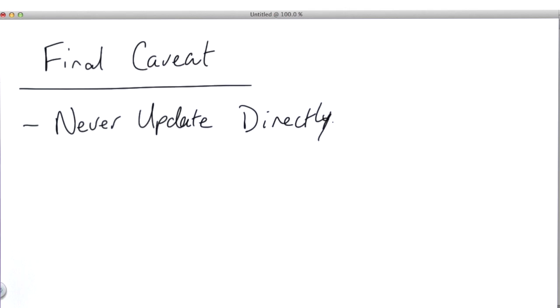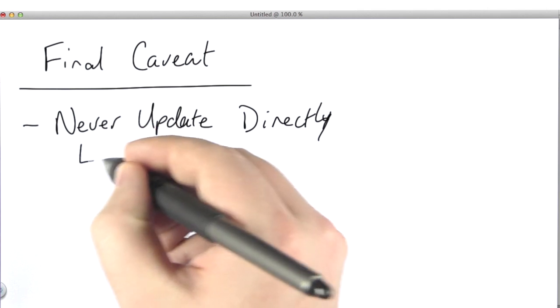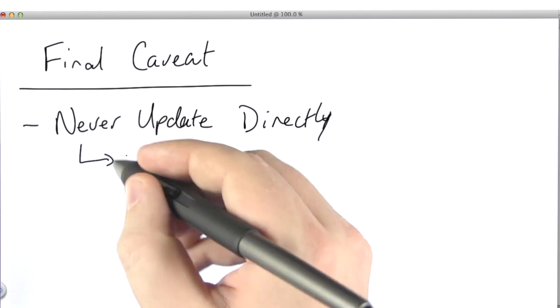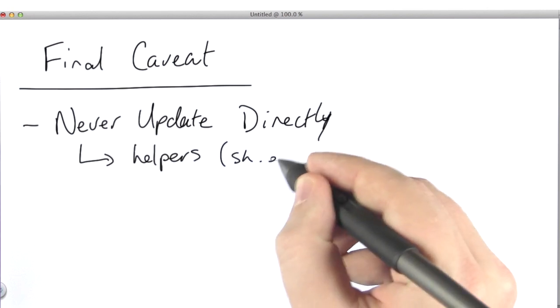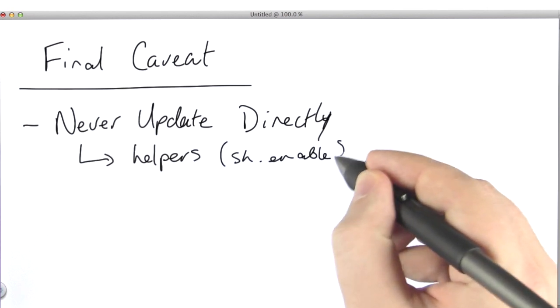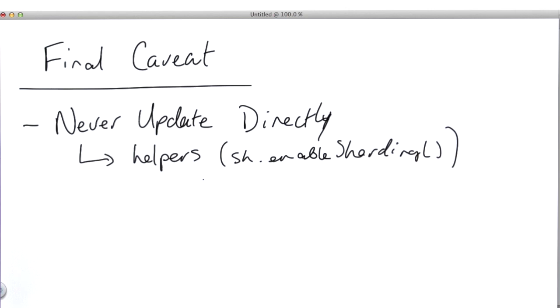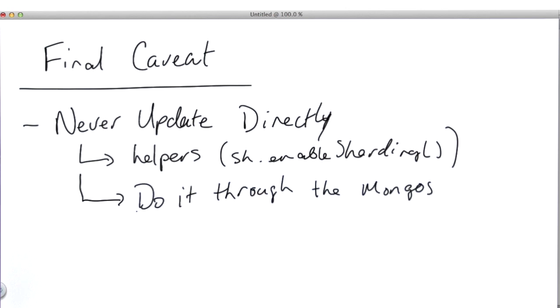Never update the config database directly. Unless you're talking to one of our engineers and you're expressly asked to do so, don't do it. For any of the normal operations that you're supposed to have update the database, there will be helpers such as sh.enableSharding that we ran earlier on. Those are what you should be using to make changes to the config database. If there is something that you need to change on the config database itself, even if we're asking you to do it or it's something that you need to do as part of maintenance, always do it through the